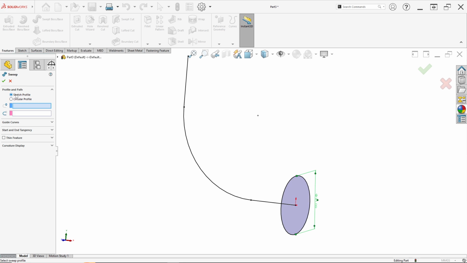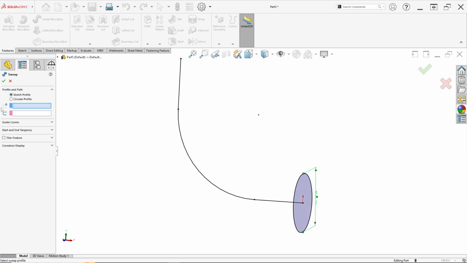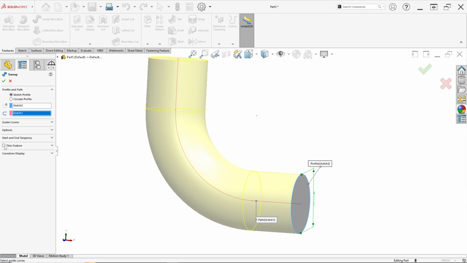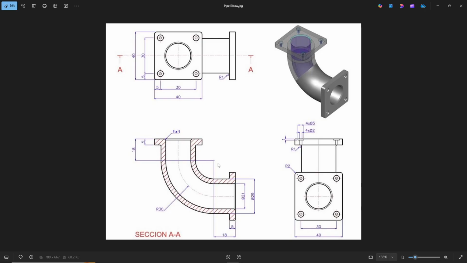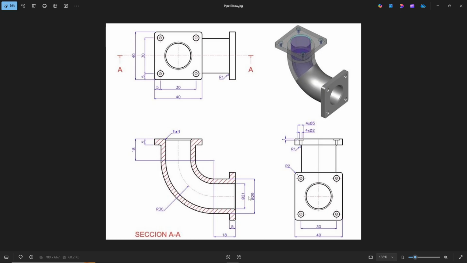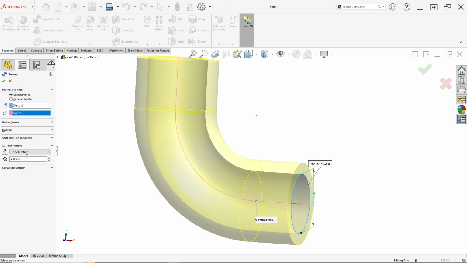Ensure you select sketch profile. Then for sketch, just select the sketch or sketch 2, and for the path, just click this line like this, and click thin feature. This pipe has an outer diameter of 29, so here you must input 4, because 29 minus 21 is 8, and 8 divided by 2 is 4.